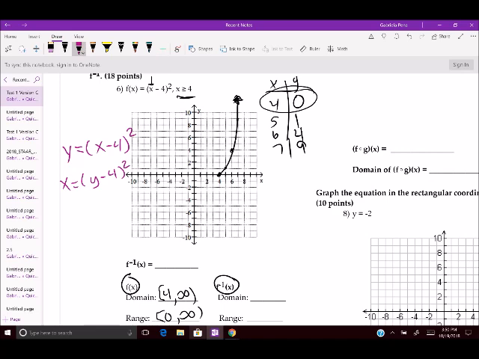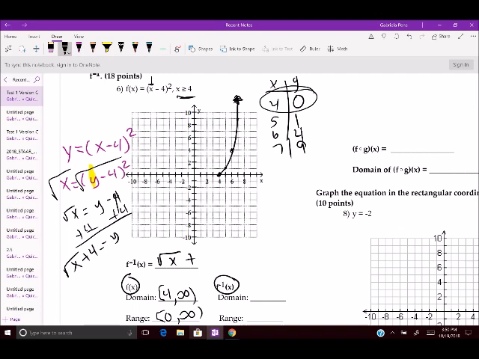Here we go. So in order to solve for the new y, which is here, I have to get rid of the square root of the squared by doing the square root of both sides. So this becomes the square root of x equals y minus 4. Now that minus 4, I need to go ahead and move it over. So I do a plus 4, plus 4. So y equals the square root of x plus 4. Or if you want to rewrite it correctly, square root of x plus 4. Now the plus 4 is not underneath the